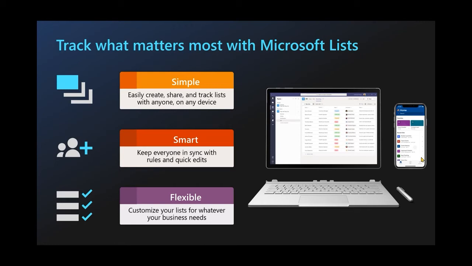But you can use lists to track information. So they're really simple to use. You can create easy to share and accessible lists of, it could be products, it could be contact details, it can be customers. You got to think of this like an Excel sheet, but less complex and for logging information or detailed information. You're able to use it across multiple devices. And like I said, there is going to be a full mobile app coming soon. You are able to integrate them with things like Power Apps and Power Automate.